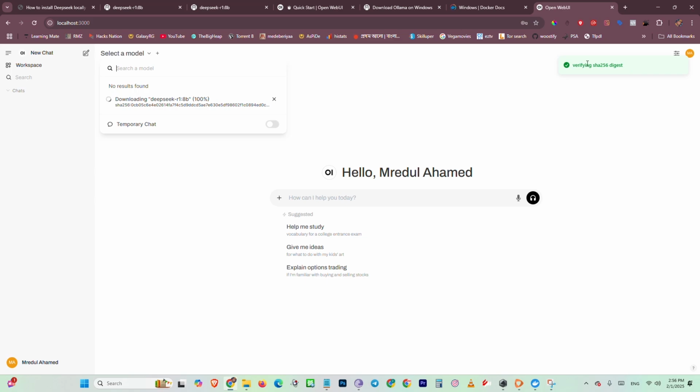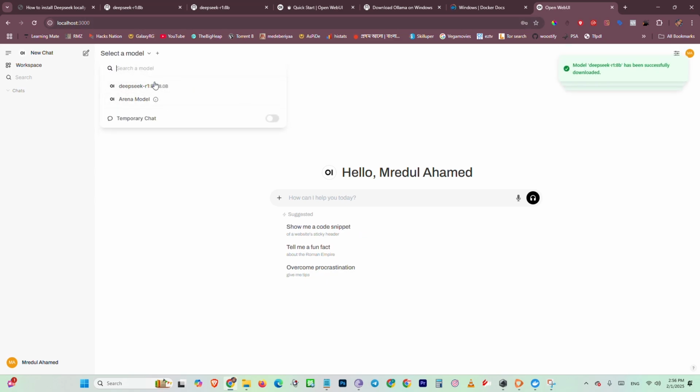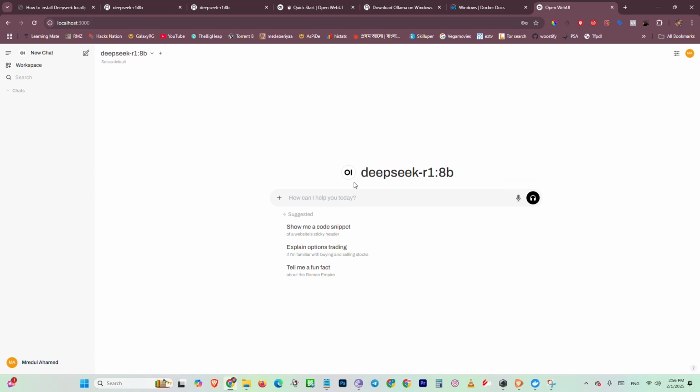So it's verifying, and it's installed, and you can see that this one is the model. So from select model, just select this one, and here is your DeepSeek 8 billion parameter AI just in your computer. So now we are going to test this one,